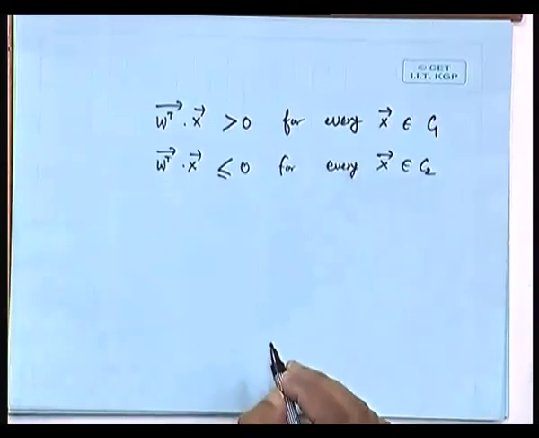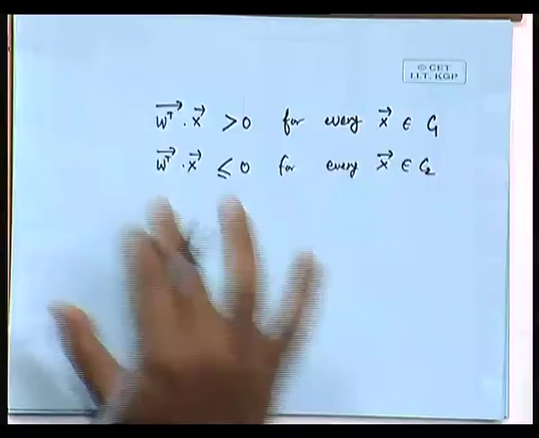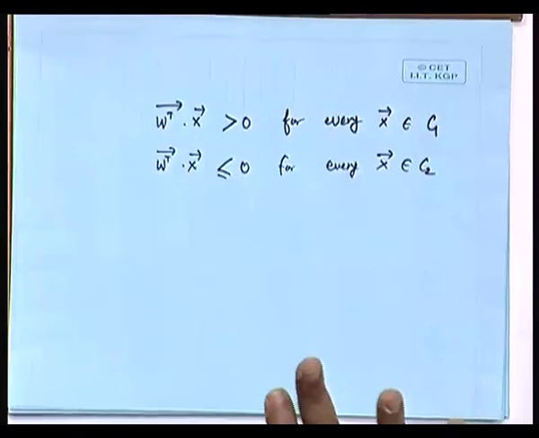In fact, you can doubt the case of equal to 0, whether we put it with the greater than sign or with the less than sign. I mean, we can put it in any one of them. Equal to 0 is the boundary, so whether you club it with the greater than case or the less than case is something that you can arbitrarily do. So this is essentially the classification